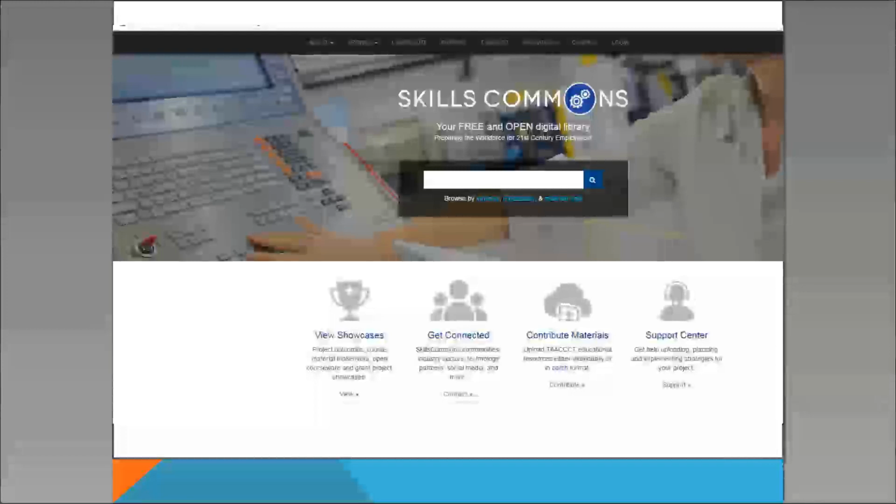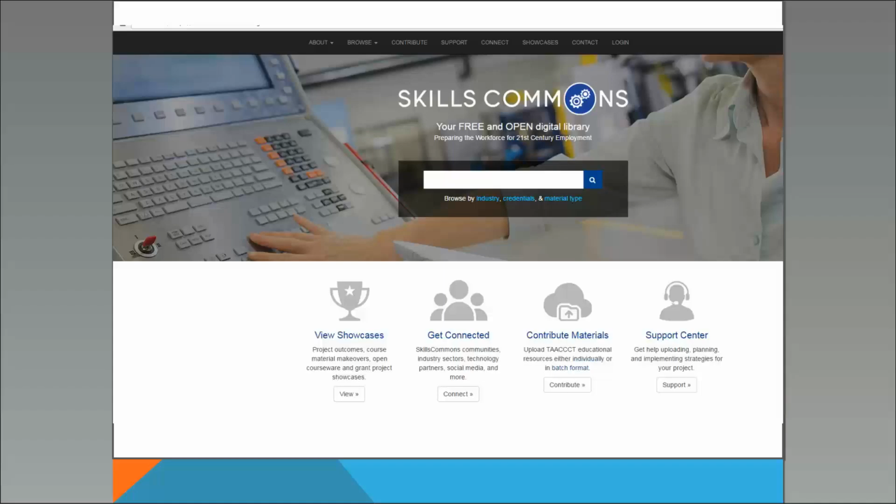This is Skills Commons, which is what I was talking about when I mentioned the national repository. So this is a repository of educational content from all of the different participants in this grant. In some cases, the grant participants don't have very much. In other cases, they have a whole lot. But anyway, you see here it has the upload,